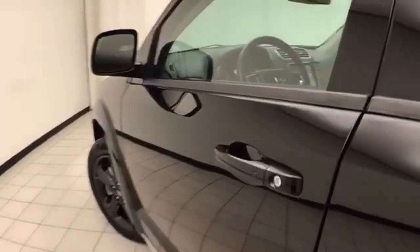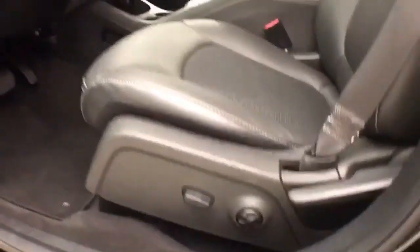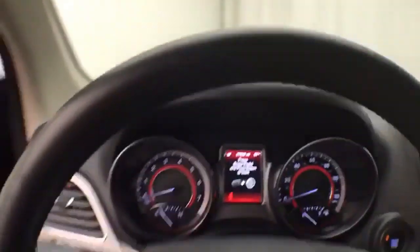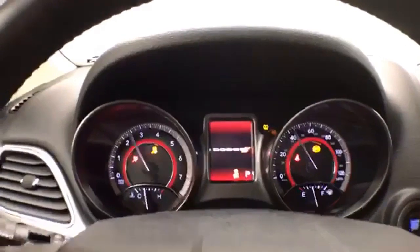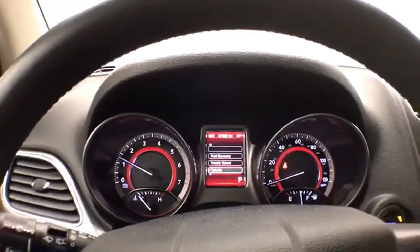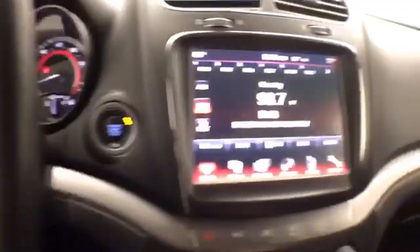This Crossroad has keyless entry, power windows, locks, mirrors, power driver's seat, along with a tilt and telescopic steering wheel to put you in that perfect driving position. Large, easy to read gauges with driver information system, controlled by buttons on the steering wheel, cruise control,